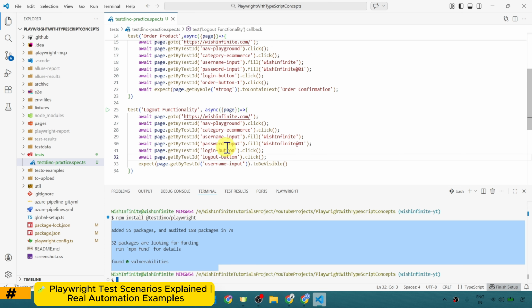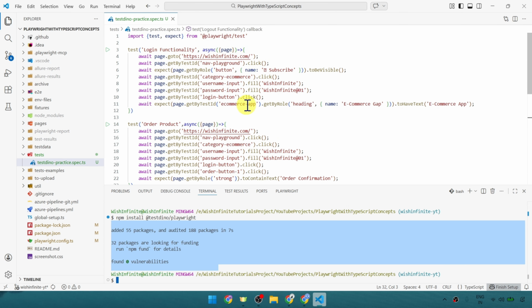I'm not writing tests again. I've already created some basic tests so that we can focus more on TestDino. So here I've created this testdino-practice.spec.ts inside our tests folder, where I've imported test and expect from the Playwright test, where we have created 3